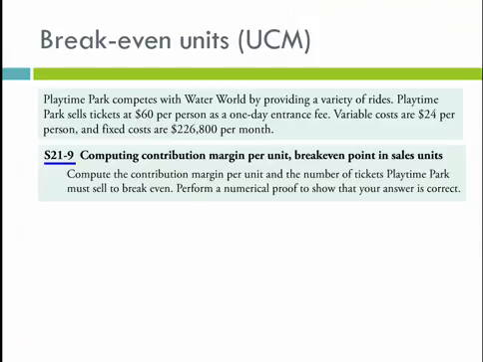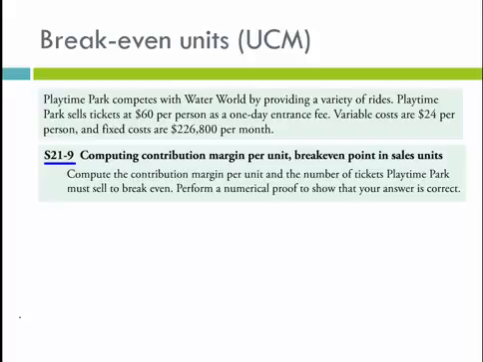Okay, so now we're picking up with the rest of chapter 21. We're going to take a little example of a company, Playtime Park, and we're going to use them in a couple different scenarios here. Playtime sells their tickets for $60 a person, their variable costs are $24, and their fixed costs are $226,800 per month. So the first thing it asks us to do is calculate the contribution margin per unit and